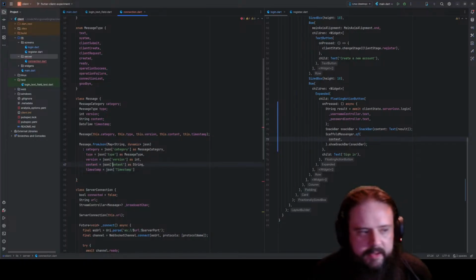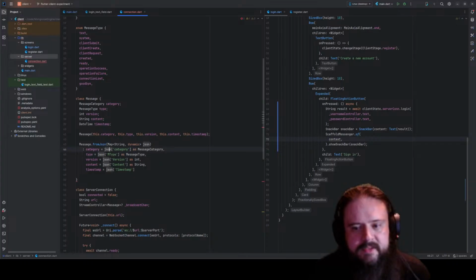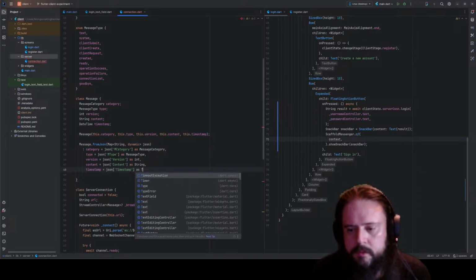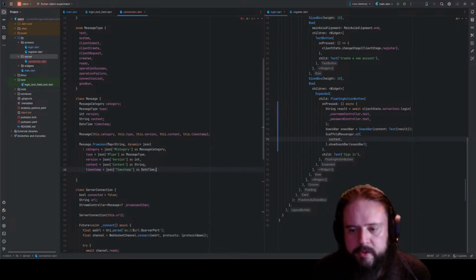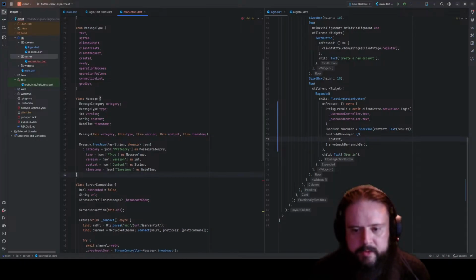So I haven't done up until now, I was using the same library, so I was a little sloppy with this. This is M type. This is M category. We're going to leave it for now, but we will need to fix that